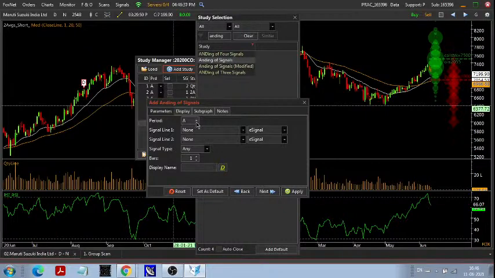I will set the signal to buy. This is our time frame. Both will be buy, then our long signal will appear. Buy and RSI buy. Action type will be long instead of any. Signal type will be long.